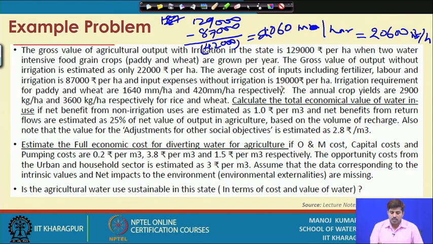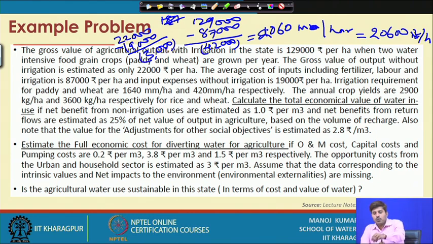So you see the net gain here is 3,000 for non-irrigated. 22,000 minus 19,000, so the net gain is just 3,000 for non-irrigated. So when you are putting this much water for irrigation purpose, your income is actually changing from 3,000 to